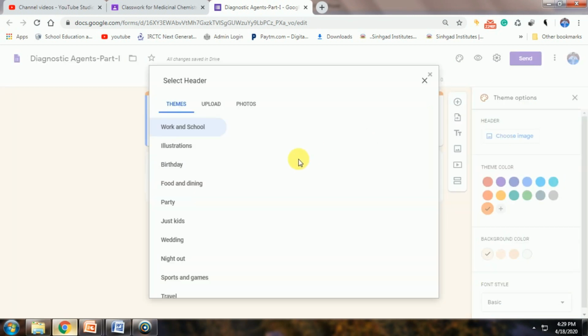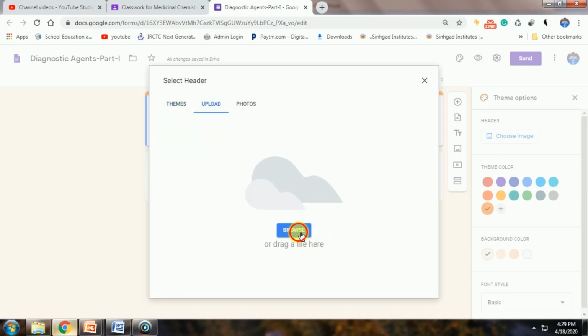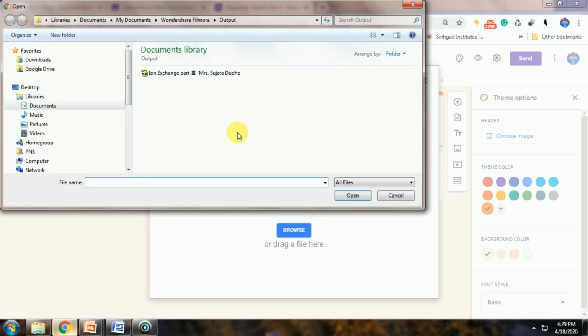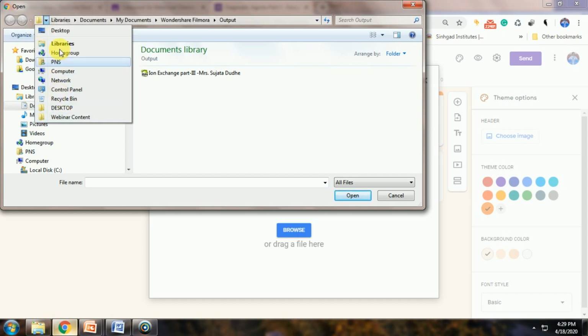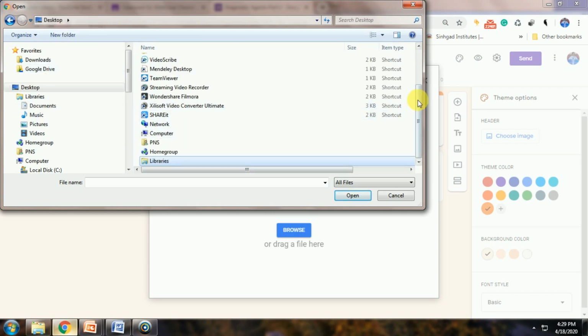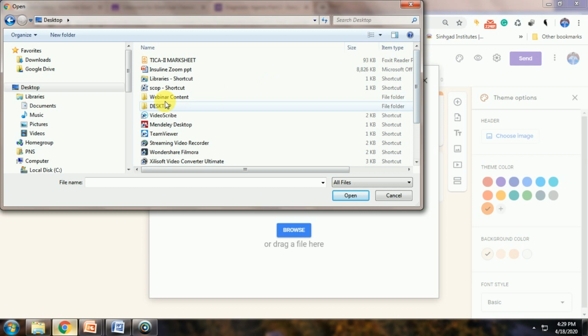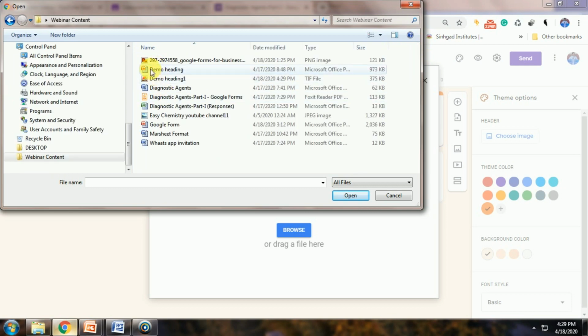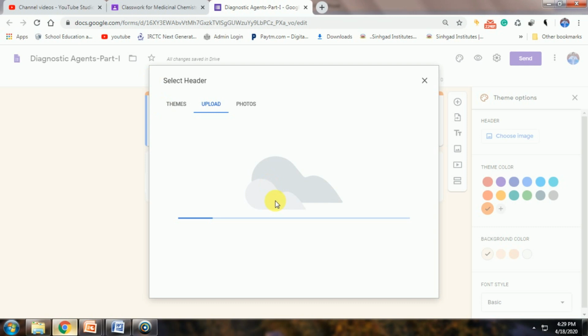We'll go to the upload button, browse the created file on the desktop. This is my created file, so I'll select that, and without moving the selection region, just click on the next button which will come. Okay, just click on the done button